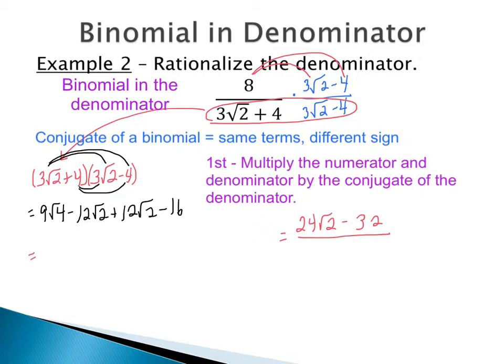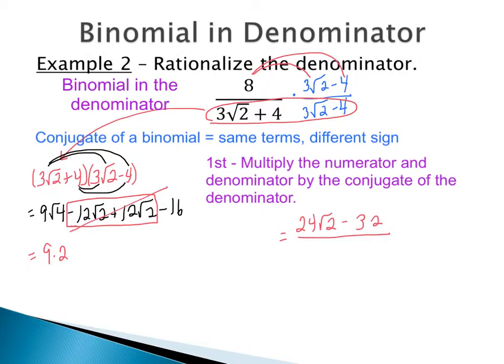At this point, then, we would want to simplify and combine like terms. So by simplifying, I mean I have this square root here of 4. So the 9 would say the square root of 4 is 2. Next, I can combine like terms. If I look at my two middle terms, the minus 12 square root of 2 plus 12 square root of 2, those are like radicals, so I can combine them. But negative 12 plus 12 is 0, so these actually cancel out, which is a good thing.